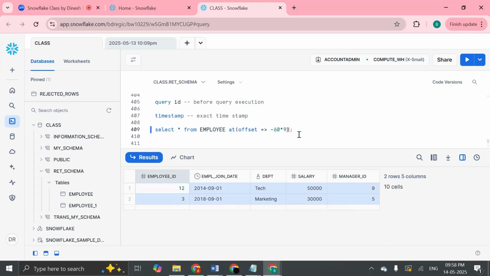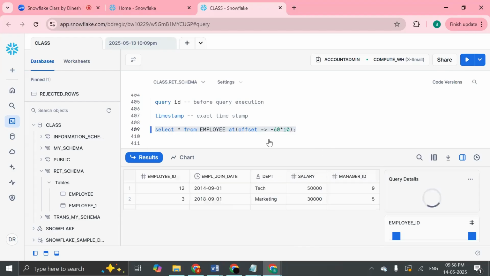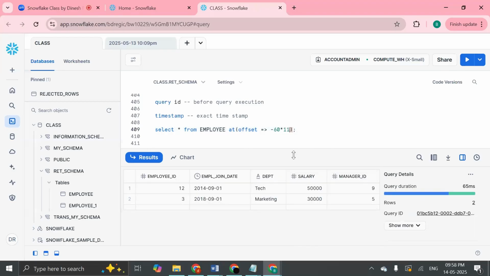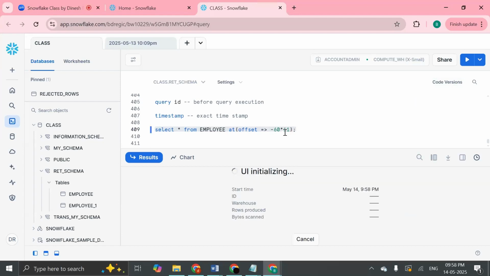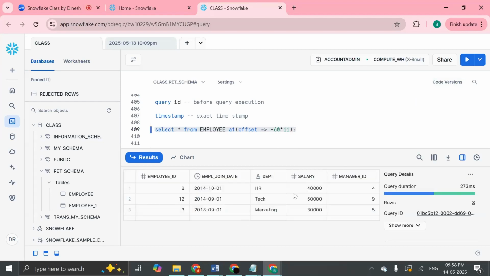Now let's go to 10 minutes before. 10 minutes before we have 2. Let's come to 11 minutes before. Here always we need to mention in the form of seconds. See this, 11 minutes before we have 3 rows. Later on one has been deleted, right? The same way, let me go